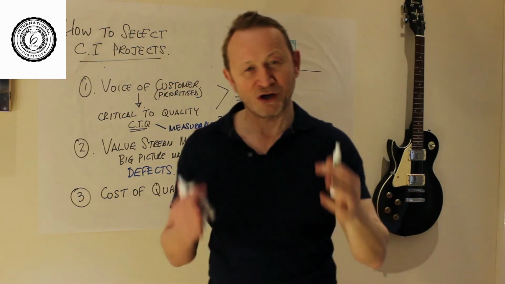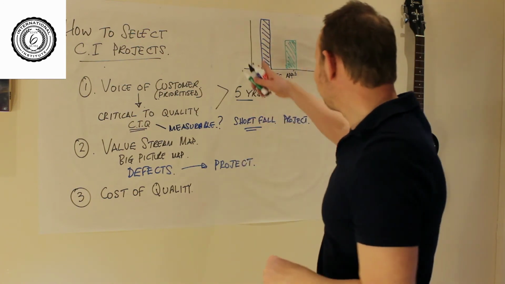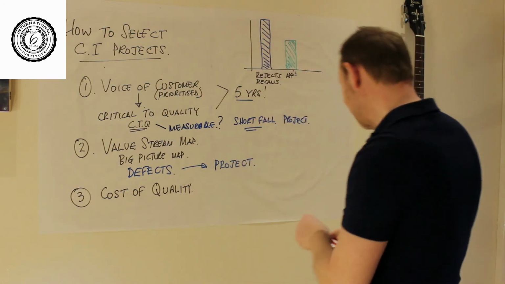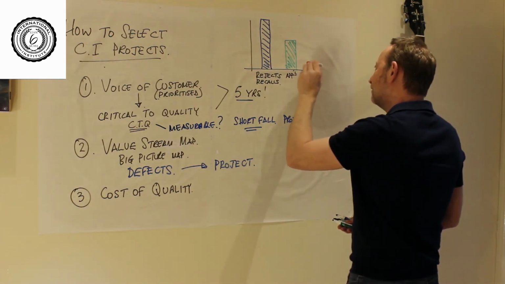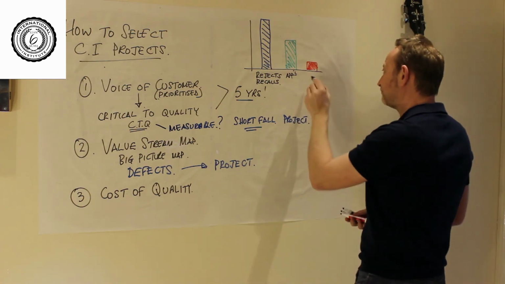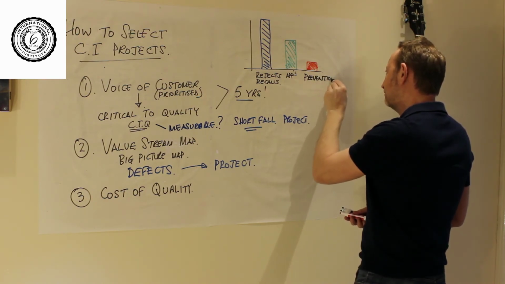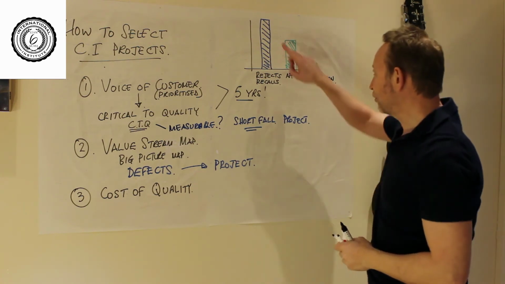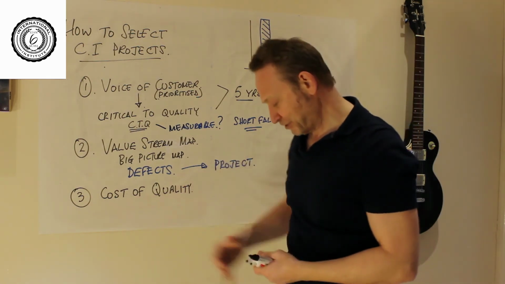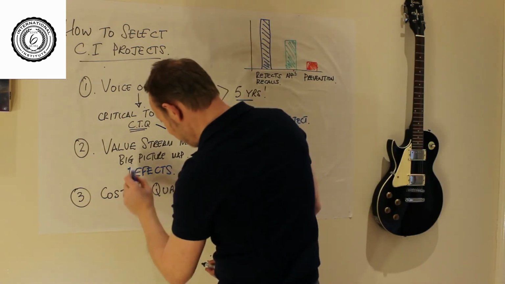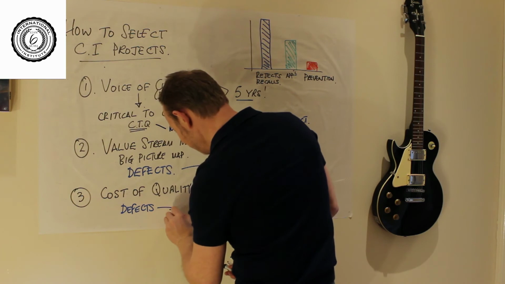And finally, you're going to get the prevention costs, doing a bit of fire prevention instead of firefighting. So here's the firefighting cost. We want to see how much money are we spending on prevention. So looking at the cost of quality. And then of course, you're not going to get rid of all of this, but you're going to tackle the biggest. So what you're going to do now, again, you're looking at defects typically. You're looking at errors. You're going to take the biggest,